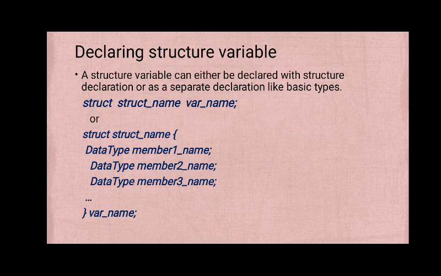For example, in this example, you have written struct student with char name, roll number, then marks, and then here you have written S1. So here you can write S1 comma S2, then semicolon. That is also possible. In the second method, struct student, you have written S2. So these are the 2 examples of declaring variables of a student. After S1 you can give a comma, write S2, and then end with a semicolon. Here you can write any number of variables separated by comma, and finally you have to end it with